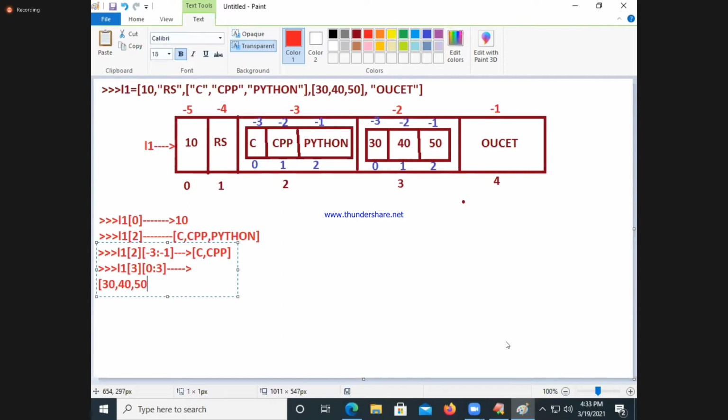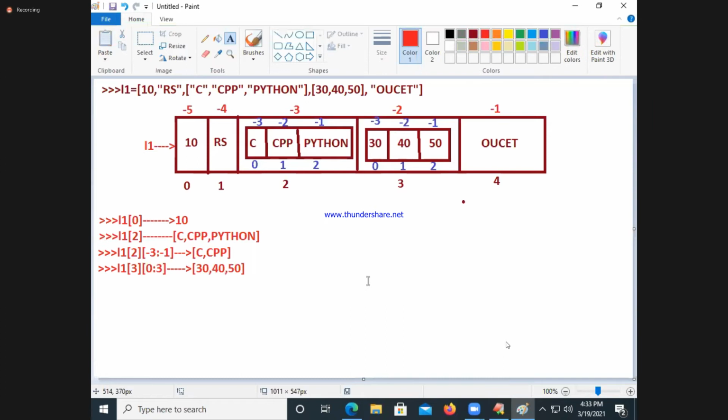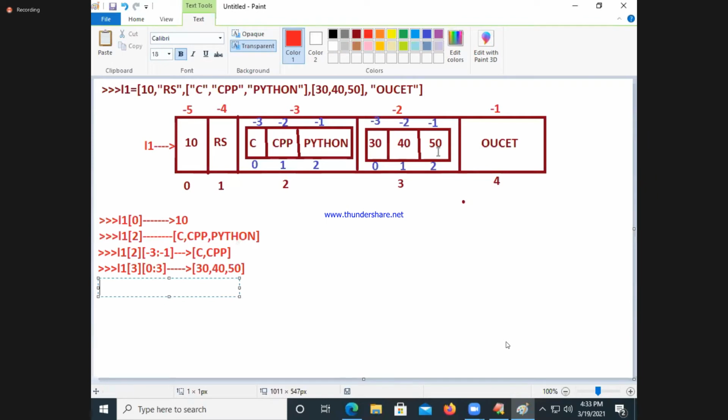Now you have complete awareness about how to access these elements. Are you able to follow? Now please tell me, I want to modify the value 50 with negative indexing -1. Tell me. Don't wait. L1 of, first of all, negative indexing still, -2. L1 of -2 means this entire list, or not?